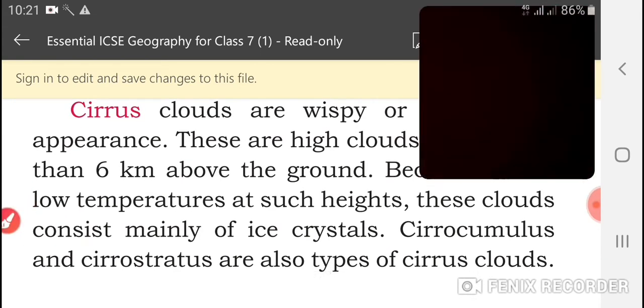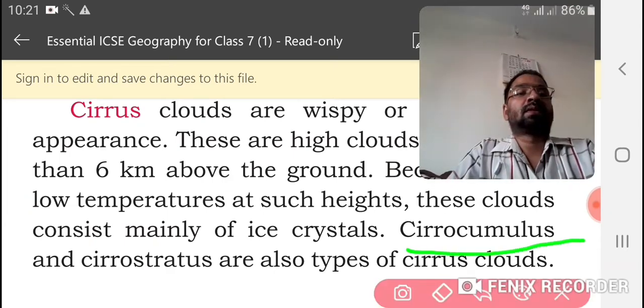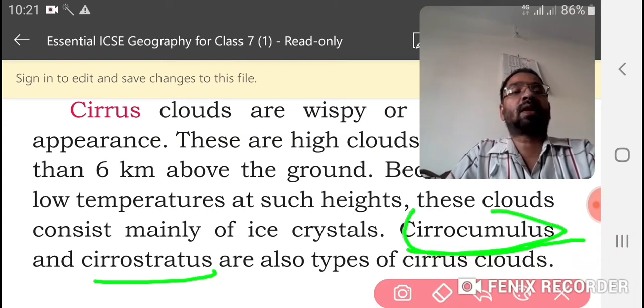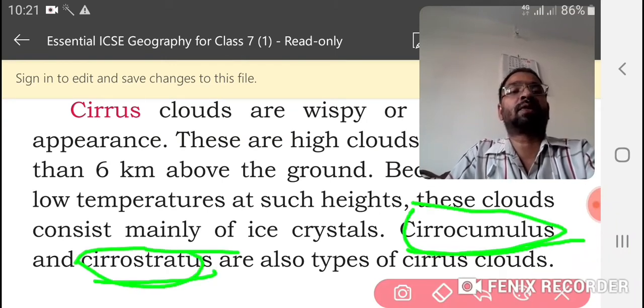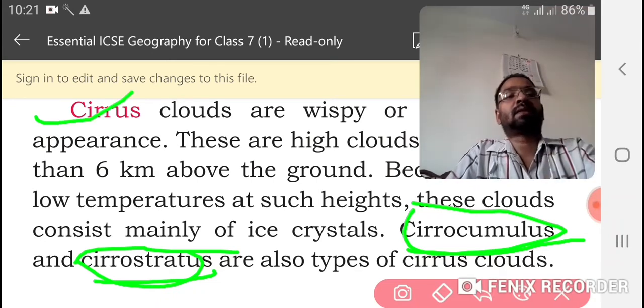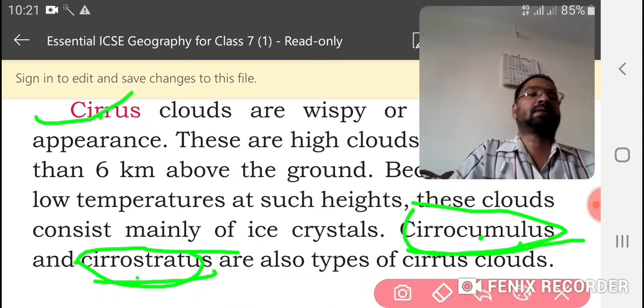These are the two subcategories that come under the cirrus category.